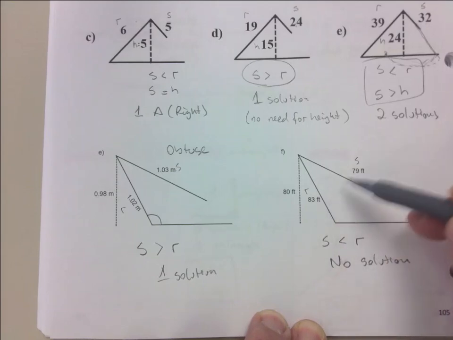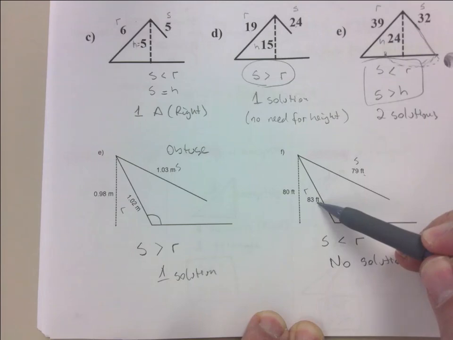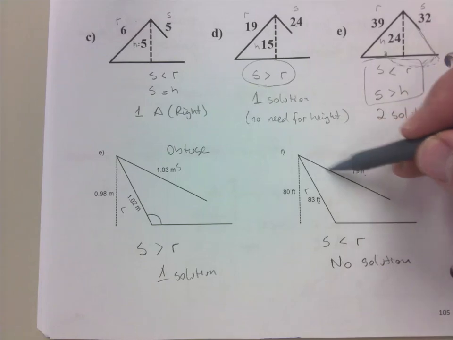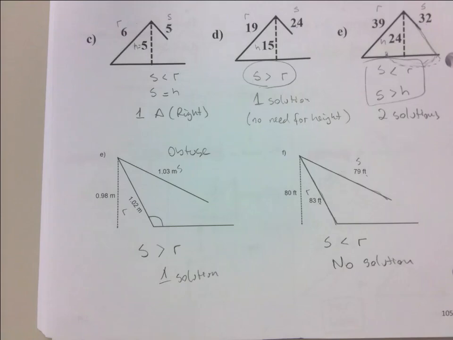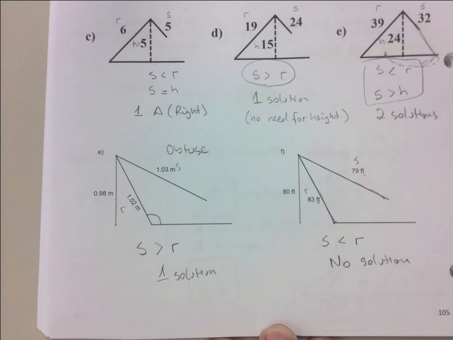What if they're exactly the same, guys? What if the string is exactly equal to the rod? No solution. Because what? Look at this. If this had been 83 and it's exactly the same as 83, you just cannot make a triangle, right? This will swing in and make contact here. So I'm going to stop there. There's a little bit more that I'm going to